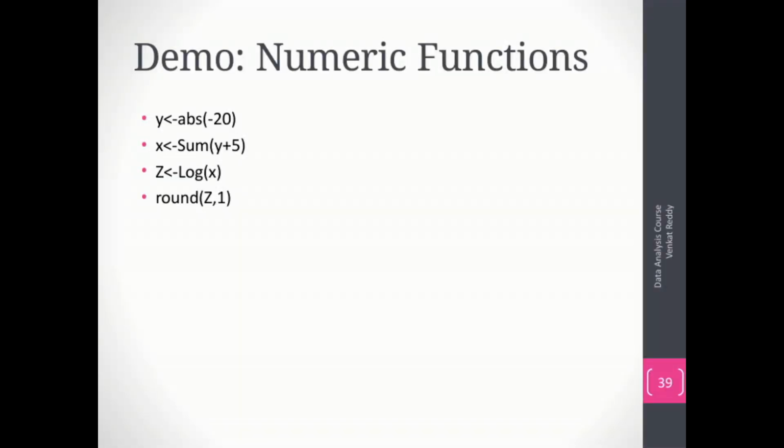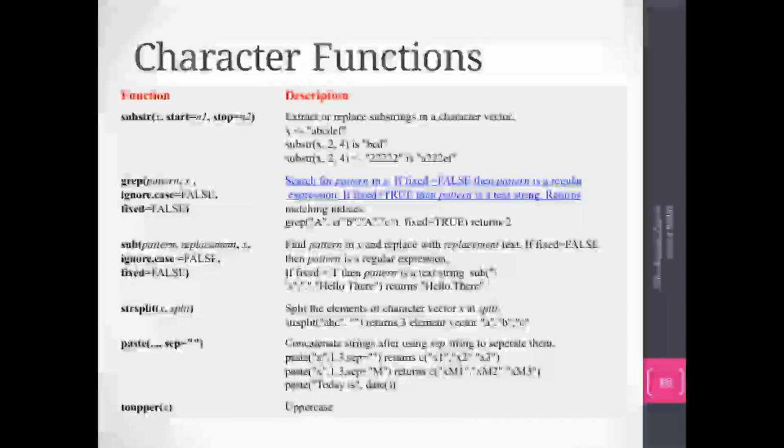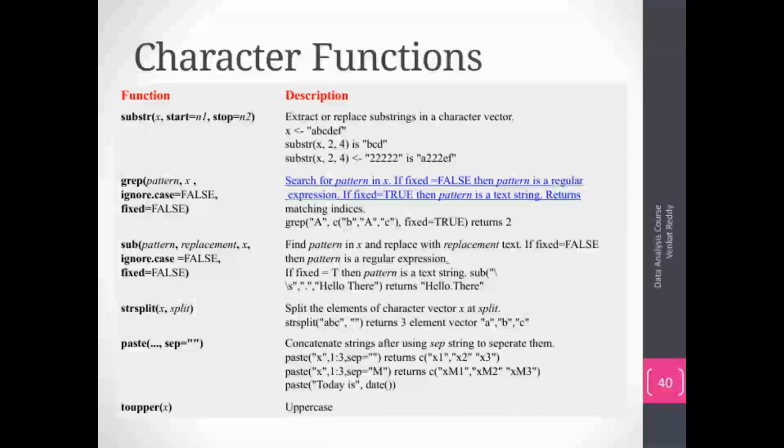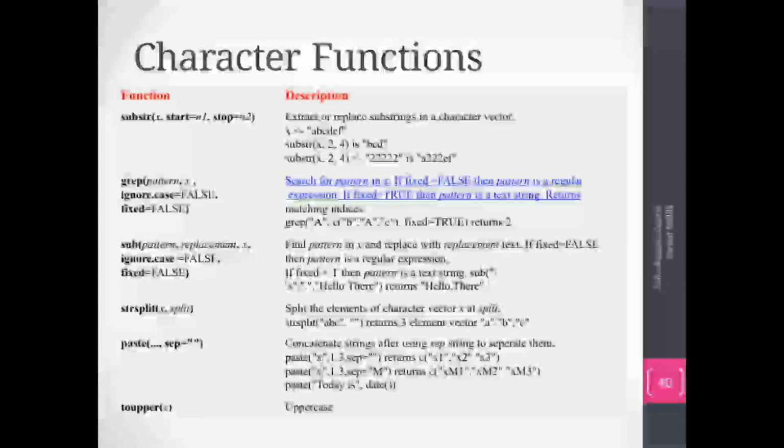Let's take a closer look at some essential character functions in R that are vital for data analysis. First up is the substr function, which allows us to extract or replace parts of a character string. For example, if we have the string abcdef and use substr(x, 2, 4), it returns bcd. If we want to replace those characters, we can assign a new value like substr(x, 2, 4) <- 22222, which transforms the string into a